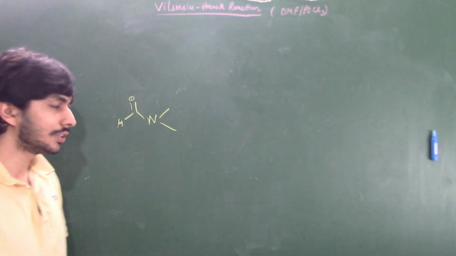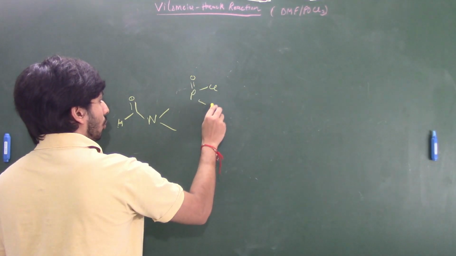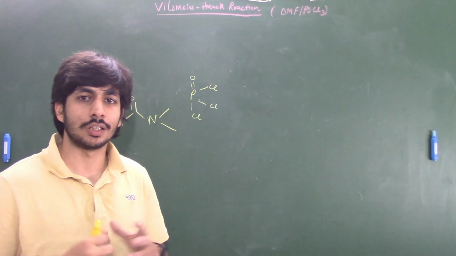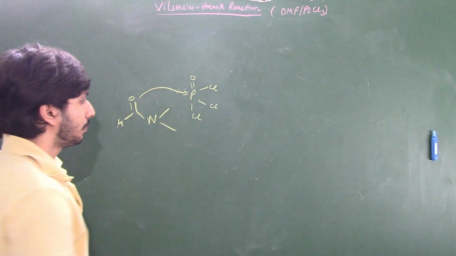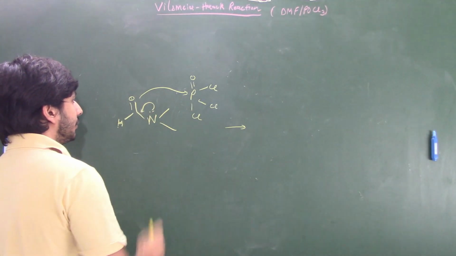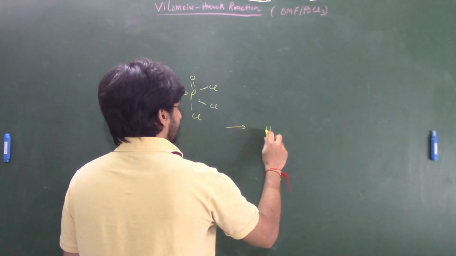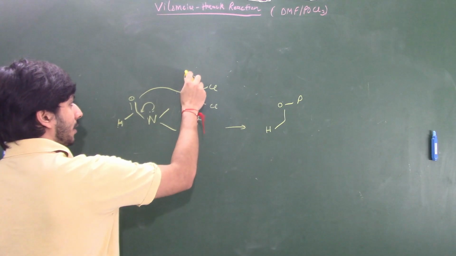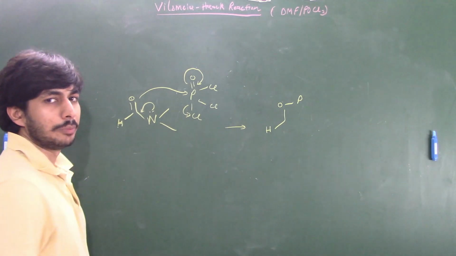Now, what happens next is that when we are adding POCl3, you would be knowing by now, through various reactions, that phosphorus and oxygen have some affinity towards one another, right? So what happens? This oxygen attacks this phosphorus. Once this attack takes place, what do we get next? Basically, you can say that this nitrogen donates its electrons like this, and this oxygen attacks the phosphorus, right? So what we get in the end is this oxygen binds to the phosphorus, and once it binds, this O minus is formed. This O minus comes back, migrates back, and one of the chlorides is eliminated or kicked off.